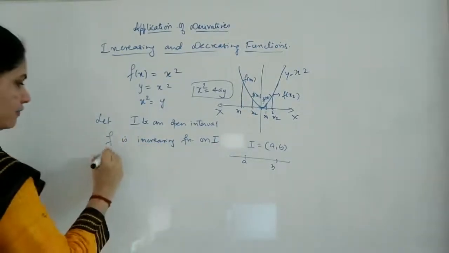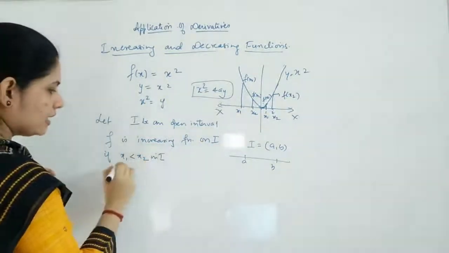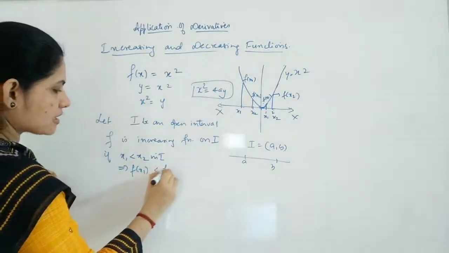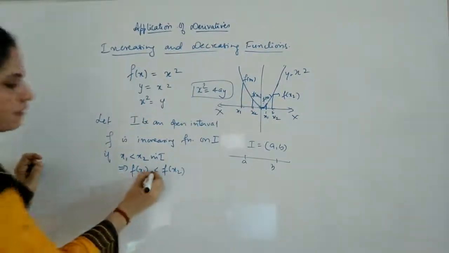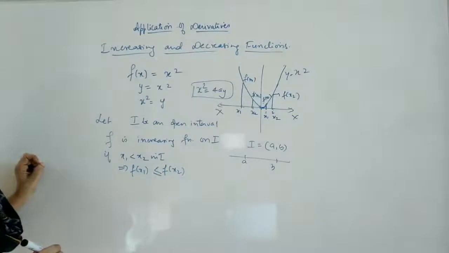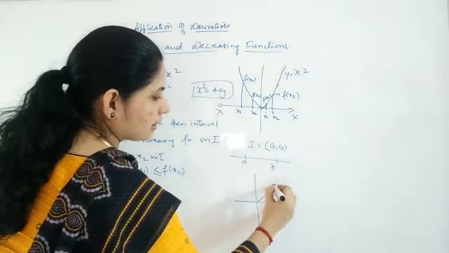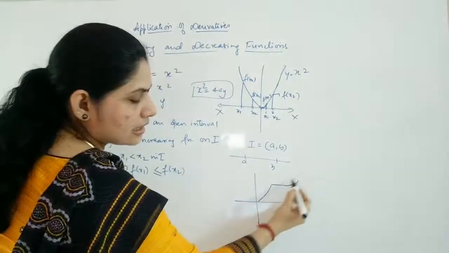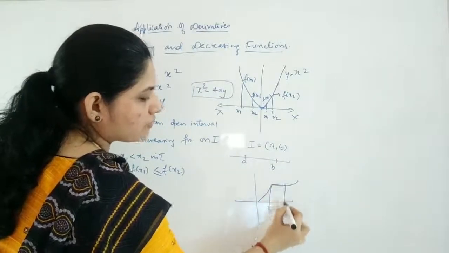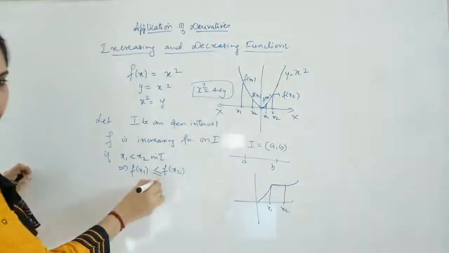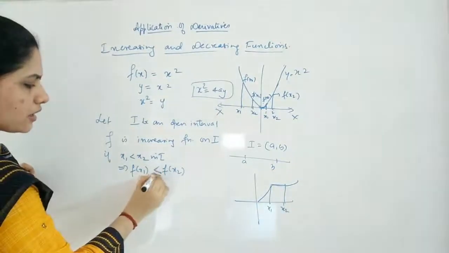We will define on I, but if from that I only we are taking 2 points x1 and x2. Okay, if x1 is less than x2 in the same I, will imply that f of x1 is also less than f of x2. It can be either less than or it can be equal to also. Okay, for increasing you have equal to also. That means if I have a graph like it is going like this, you can just see it is increasing its value, but at this point if I am taking this is x1, this is x2, both have the function value same. So that case is also included in the increasing function. Okay, the definition of increasing function is including less than or equal to also.